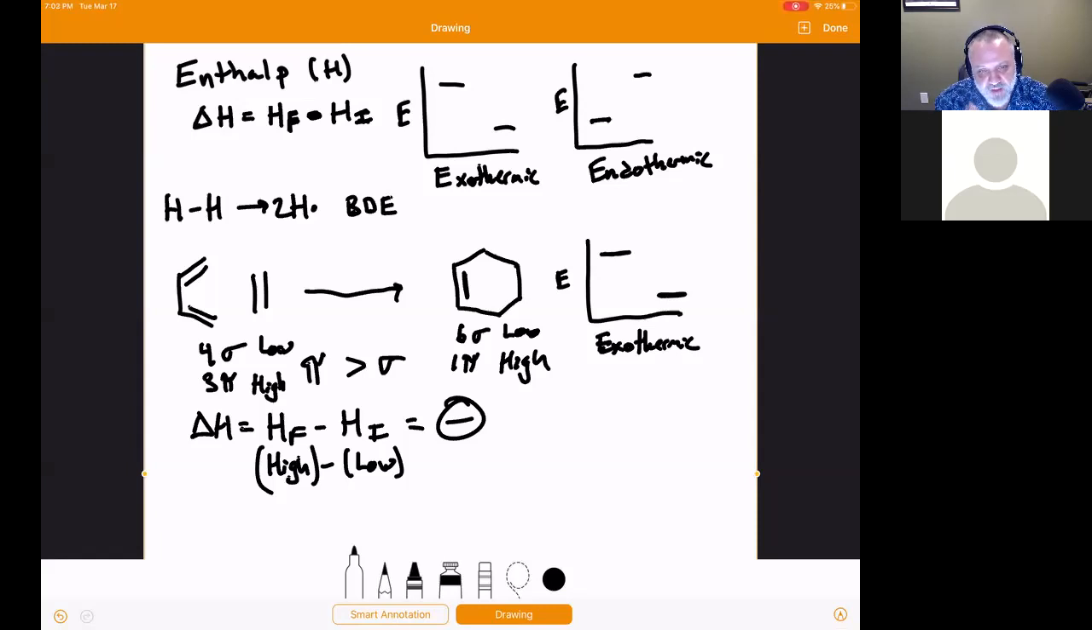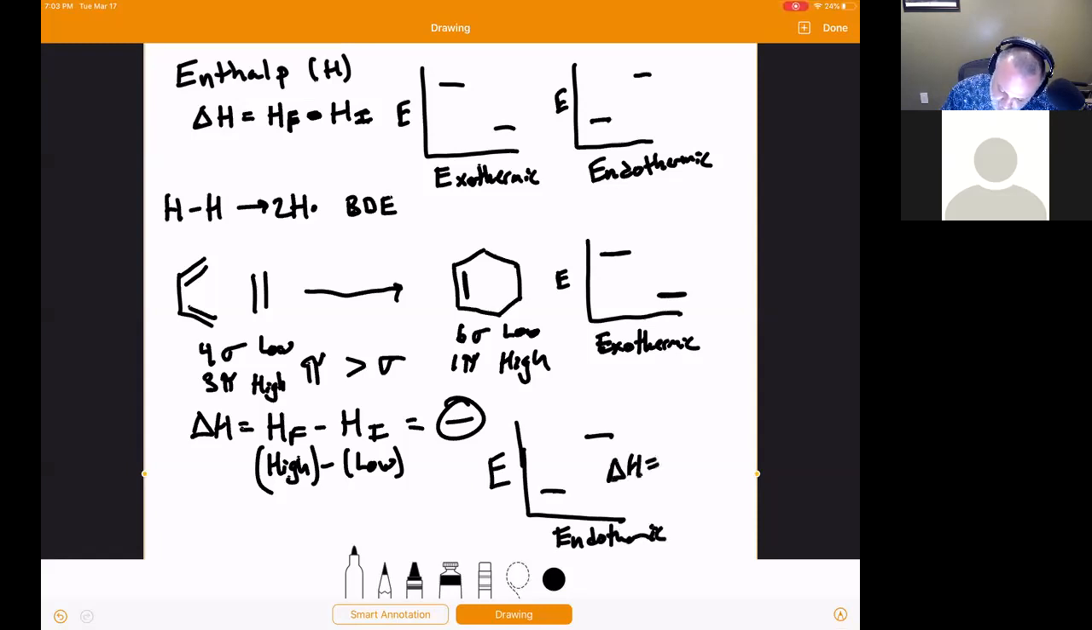Now, of course, if I ran the reaction in reverse, you'd have the situation where the reactants would be lower energy than the products. In this case, it would be endothermic. And that would be delta H low minus